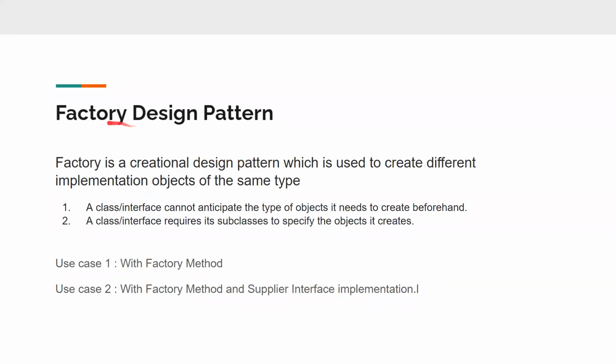I am your friend Amnon Shaktivel, and in this video, we're gonna see the factory method design pattern with a supplier interface implementation, right? So we have already seen what a factory design pattern is and where to use it. If you haven't watched that video, please do watch that before watching this particular video, because we're going to do a little bit of extension with the already created factory method with a supplier interface implementation, so that it's more readable. And then if there are new additions, we can add them very easily, right?